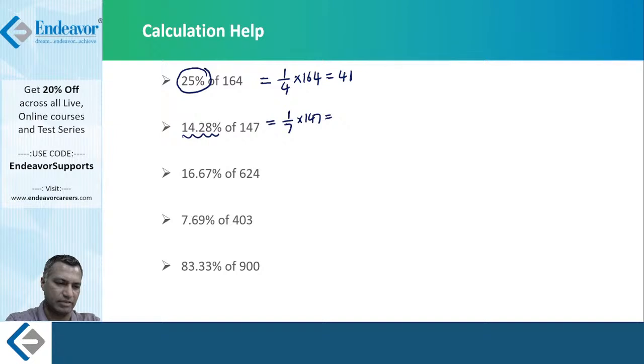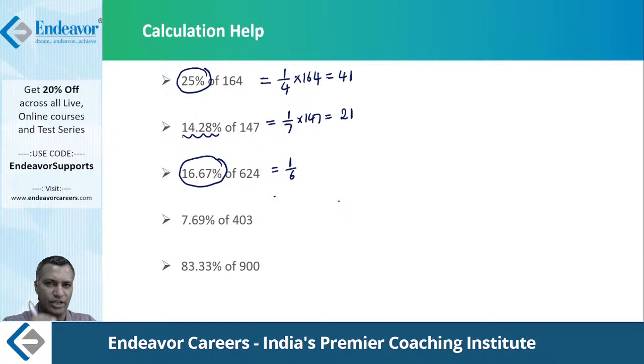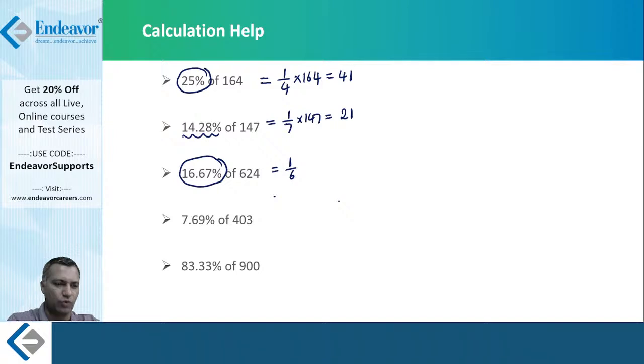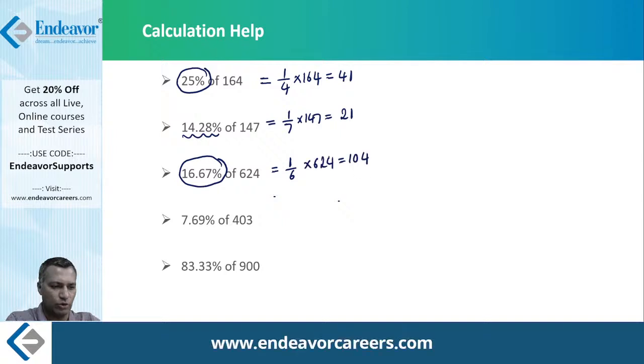Likewise, when you look at 16.67%, which is 1/6, this whole thing can be written as 1 by 6. We already learned that from the previous slide. That is the percentage fraction equivalent. I'm assuming that if you have not learned it before as a part of your school, college, or any of your preparation, you might feel a little awkward the moment I write 16.67% as 1 by 6, but that is the truth of the matter, right? So by tomorrow, even you would be able to write it like this, right? 1 by 6th of what? 624, which would become 104. It becomes easier because all you need to know is the tables of 6.